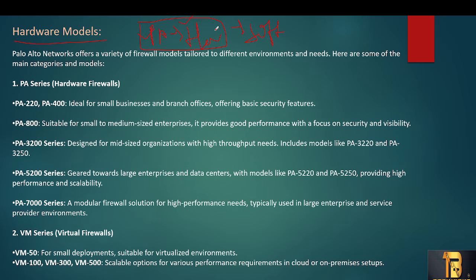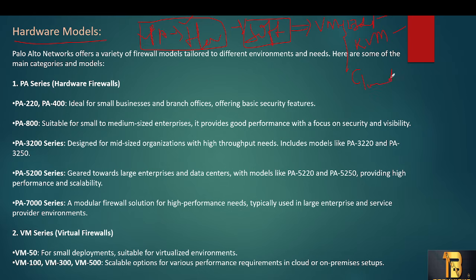And if you don't want to take the risk, if you don't want to go to the data center every time to maintain the firewall, they go with software firewalls. These software firewalls also we have to install on VMs. We'll have ESXi as a VM, and we'll also have KVM as a VM, so you can install anywhere. We'll also have VMware. Apart from ESXi, KVM and VMs, we can also install these software firewalls in the clouds as well.